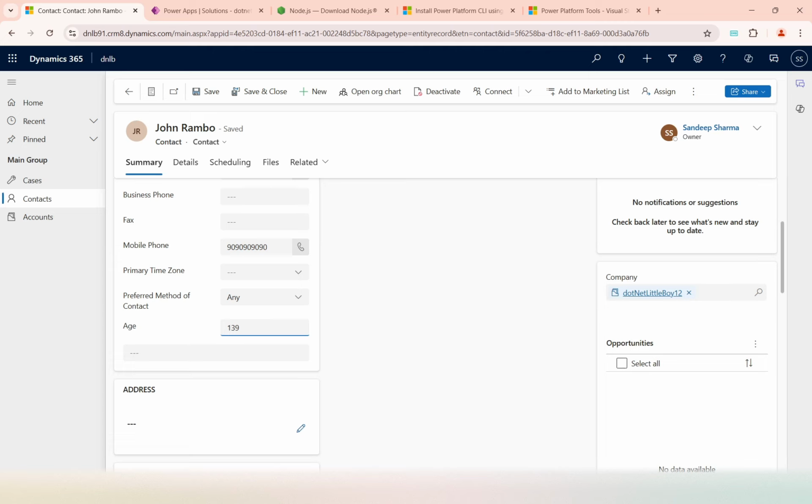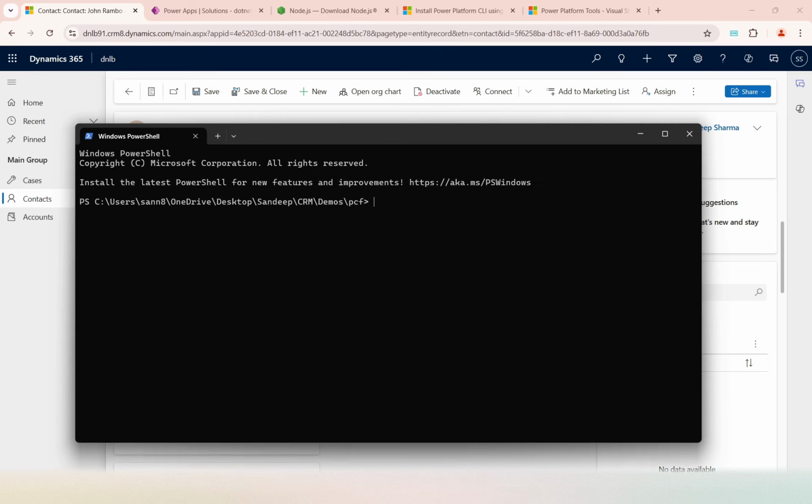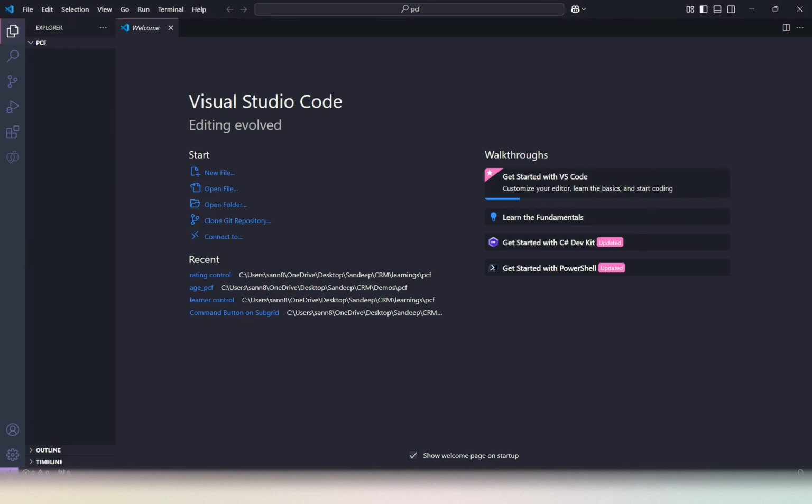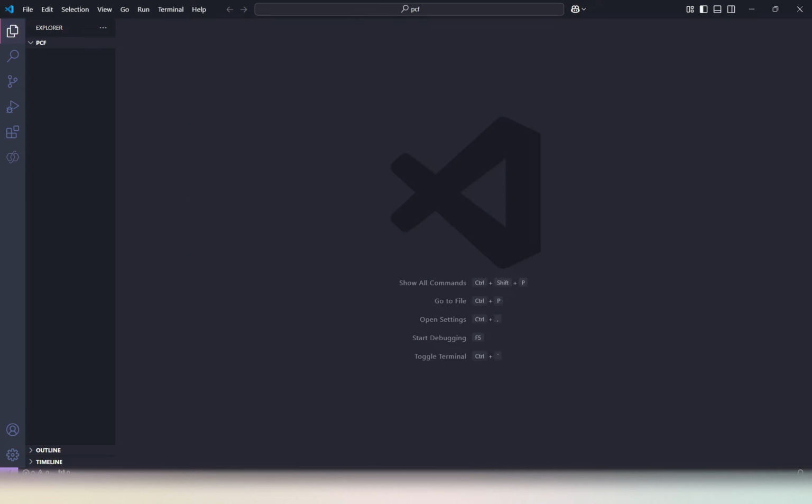Since this is our first demo, I want to take it as a simple one. So I'm just taking this example here. Now moving next, I'll open this folder into the code, basically Visual Studio. Once you run this, it will open that particular folder into your Visual Studio. So this is my Visual Studio. You can just trust that folder,